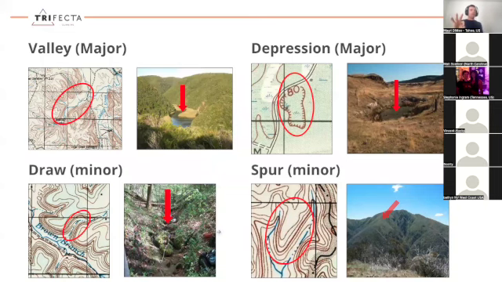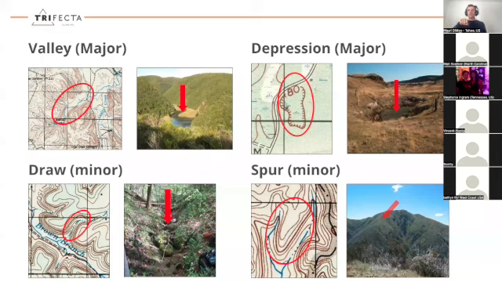There are three minor terrain features. Two of them are the draw and the spur. A draw is lower ground on the side of a hill, and a spur is high ground on the side of a hill. The way I remember draws versus spurs and most of these terrain features is I make a